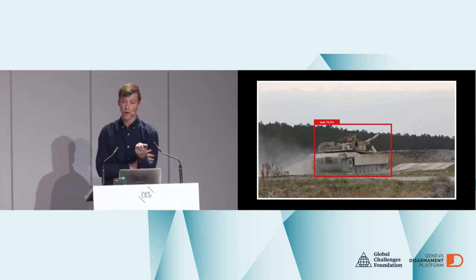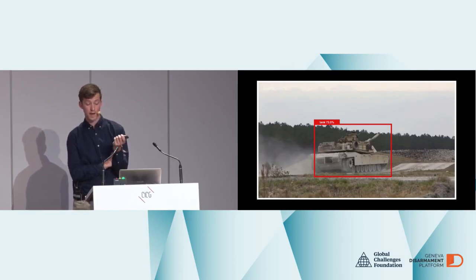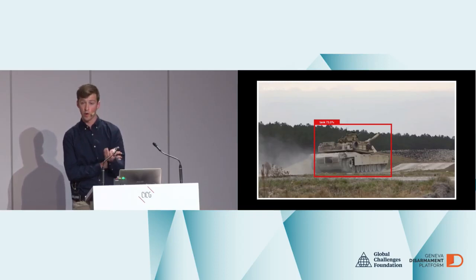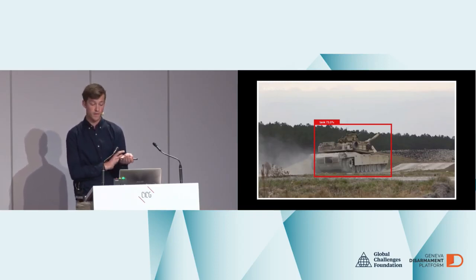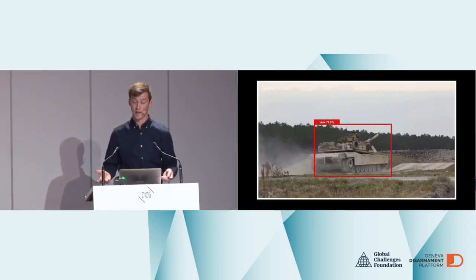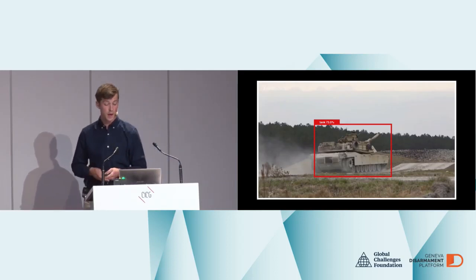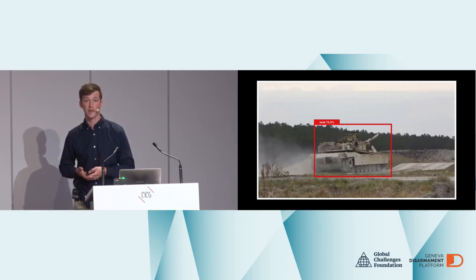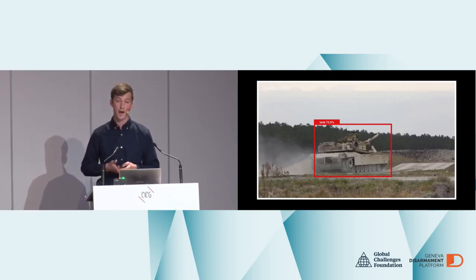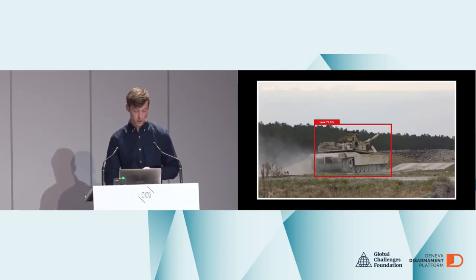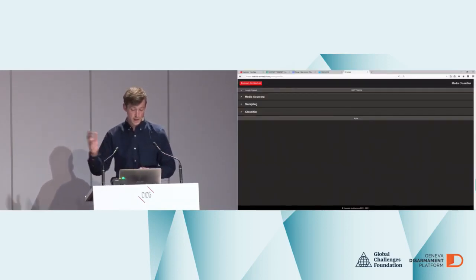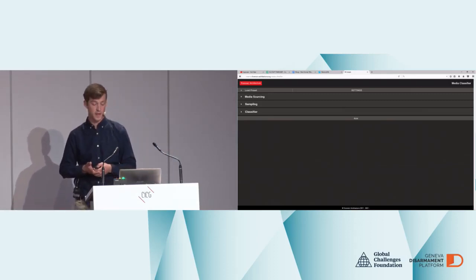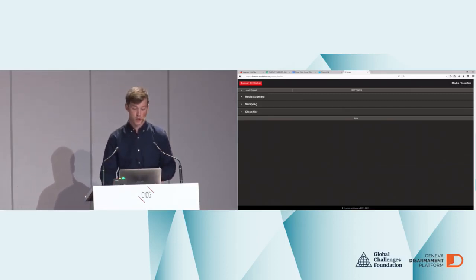So we've developed a tool which we call triage to apply image classifiers to large quantities of open source video material. The tool is in beta, but we've already deployed it in the service of two of our investigations successfully. We're looking to establish partnerships around investigative casework and to build momentum towards a public release of this tool, which our partners in the human rights world, partners like Amnesty and Bellingcat and Human Rights Watch, have already told us could well be extremely beneficial. So this is the user interface. It's not particularly exciting at this stage, but I'd like to run you through a simple and generic example.